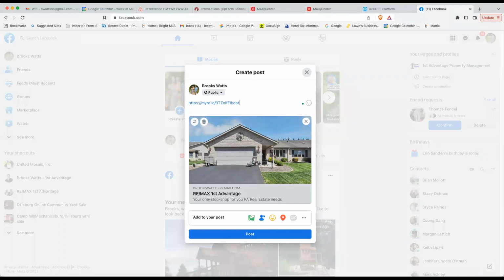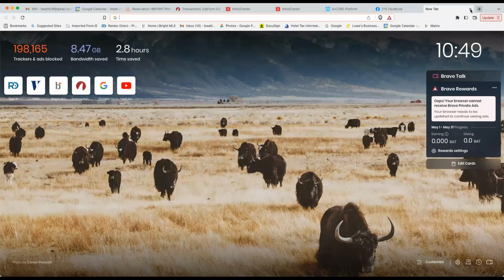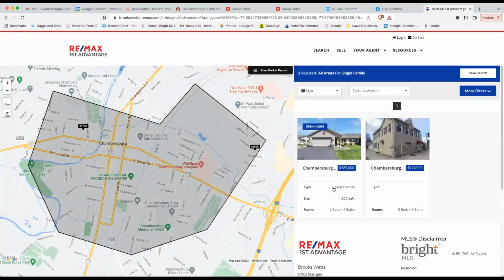So now everybody that clicks on that post is going to go directly back to your website. So don't click on the post, just paste it into a blank new browser. And so there's 2 listings in there, and every time that changes, you can set it up to,